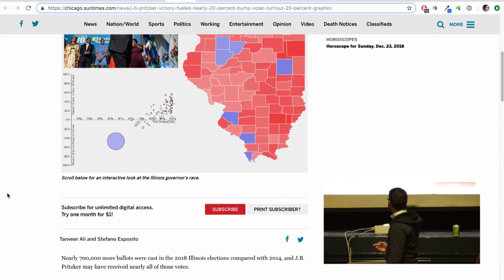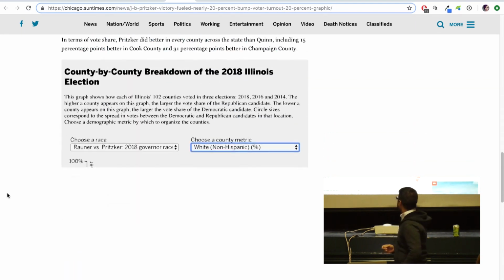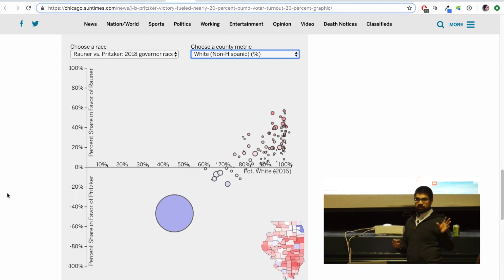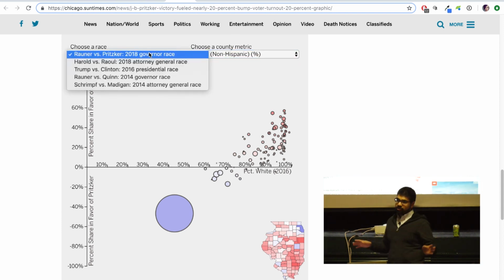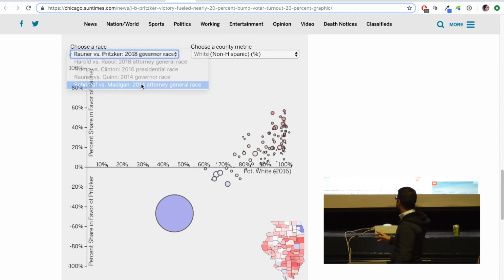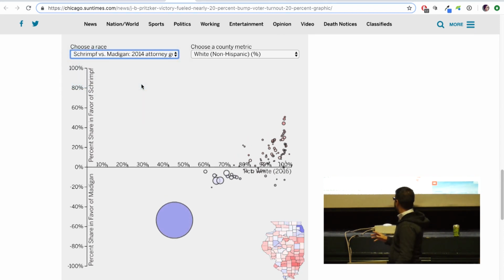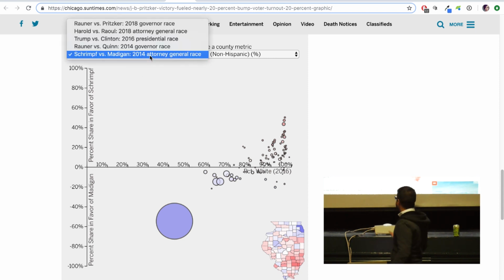All right, so this one, what I did was each of those circles is one of the 102 counties in Illinois. And I mapped it over using the vote count and mapping it over a demographic thing so people could look at it and figure out, what explains the vote. And I also included 5 different races. I was planning to do the Attorney General race because I thought it was going to be interesting, but as you can see here, it wasn't that much different than the actual governor's race.